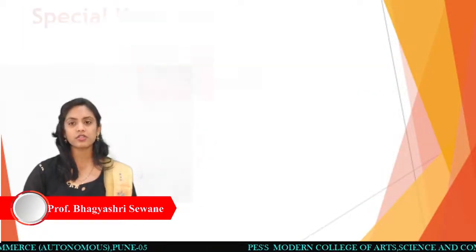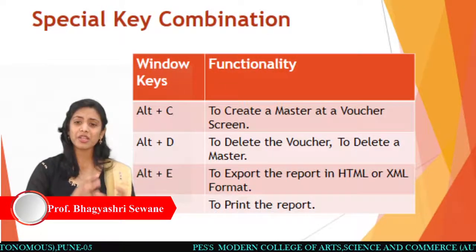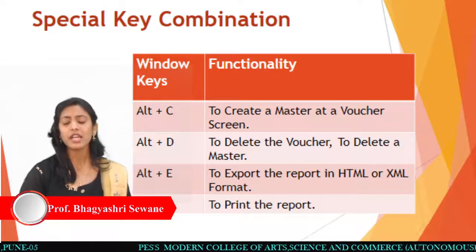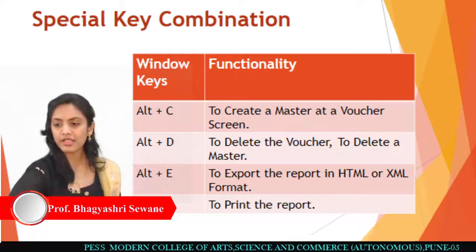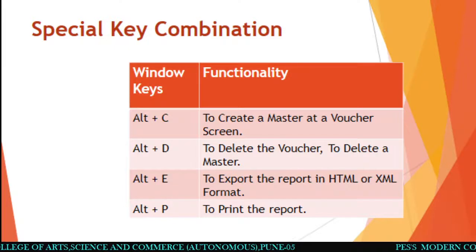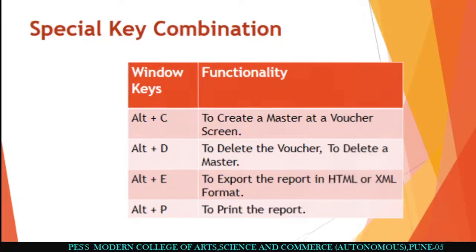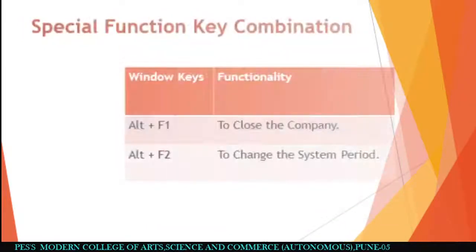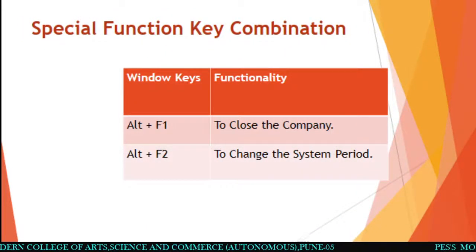After that, there are again some shortcut keys, some special combination keys they have given. You can see all these combination keys in the last chapter. In the last chapter, you can see in detail which keys are there and what the functionality of each key is, like Alt plus C, what is the use of that, Alt plus D, then Alt plus E. These are all shortcut keys you can use for doing the entries. Fine, so you are going to use all these shortcut keys in the last chapter.